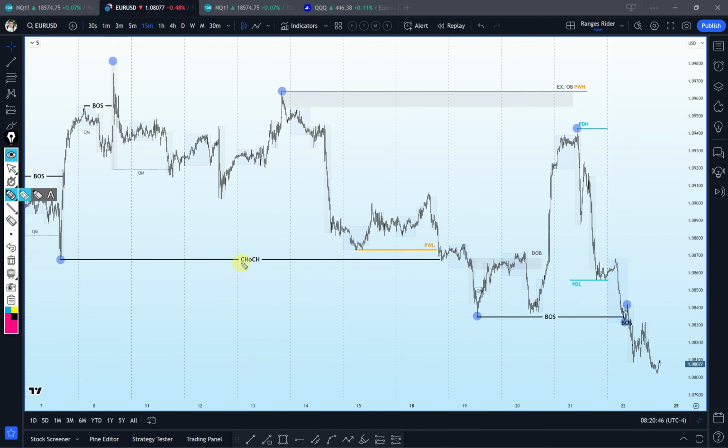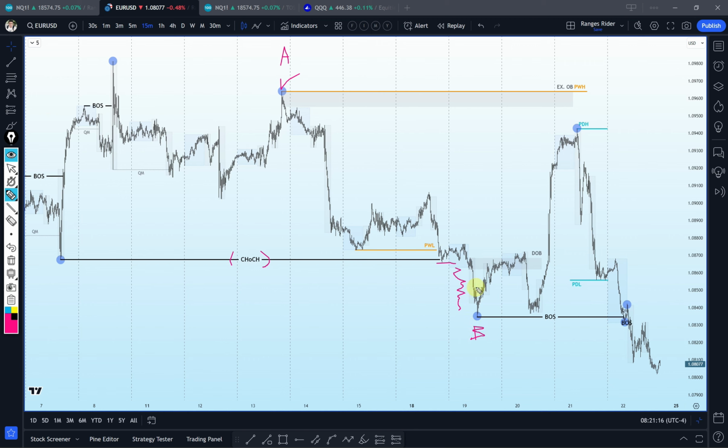So we have the bearish change of character, and once we have the bearish change of character, what are we looking for? We are looking for a QM to confirm the range, because once we get the change of character, this is no man's land. We can't do anything here until we get the QM. Once we get the QM, then we can say that we have a bearish range from A to B,